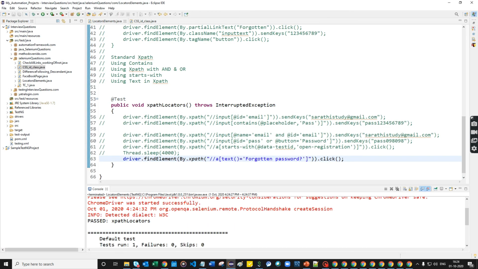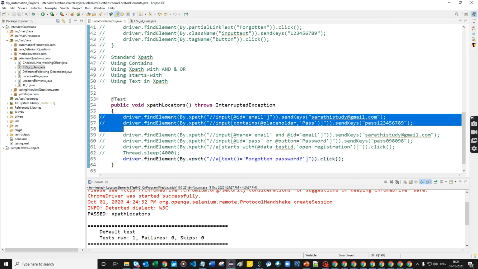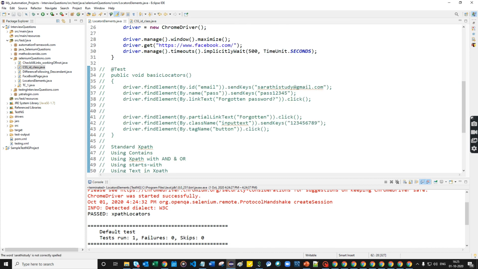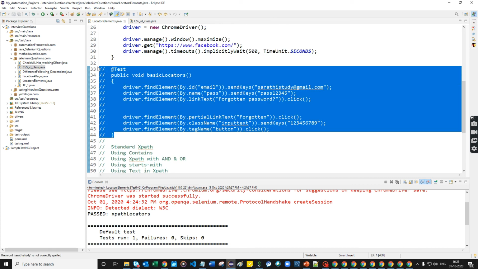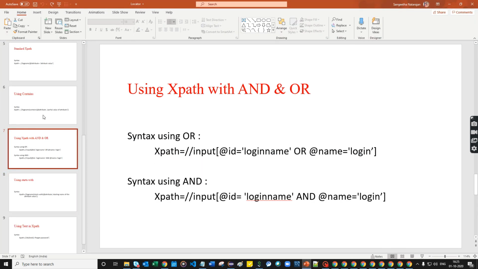So now we have successfully implemented basic locators and XPath locators. This is the way we perform using these two things.